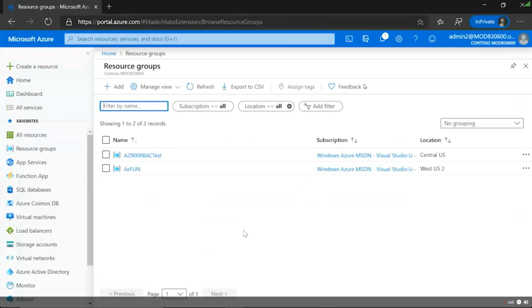Remember, you take a user or group, you assign it a role, you define a scope, remember subscription, resource group or resource, and then you assign it a role. And under the covers, that role has rights and permissions. You can make your own roles if you want to. You can customize all of this. You have to do a little bit of work to make it happen, but it's actually pretty straightforward once you start working with those roles.